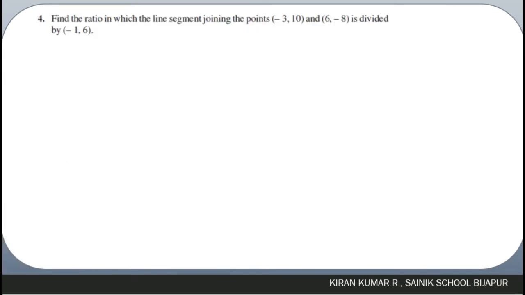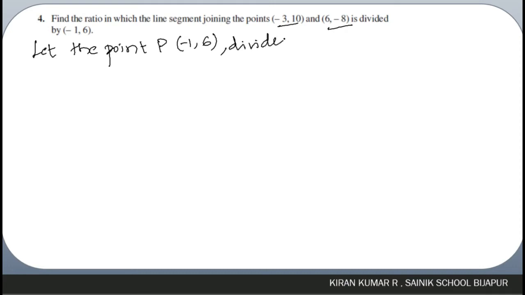Question number 4. Find the ratio in which the line segment joining the points -3, 10 and 6, -8 is divided by -1, 6. They haven't given the ratio. We need to find the ratio. So for convenience, I'll take the ratio as something like k:1. Let the point P -1, 6